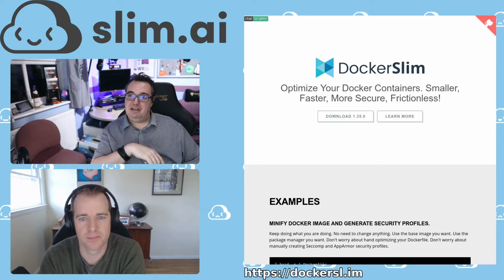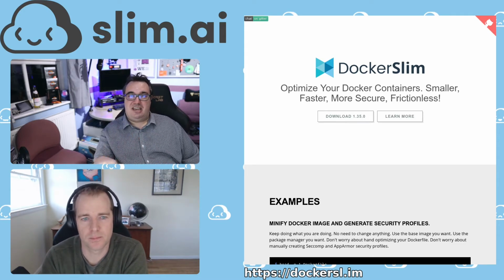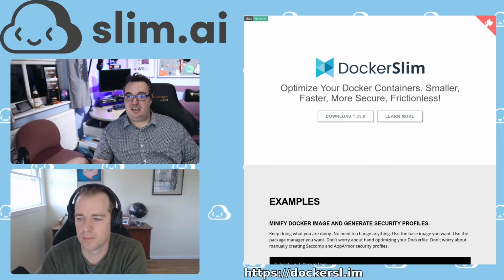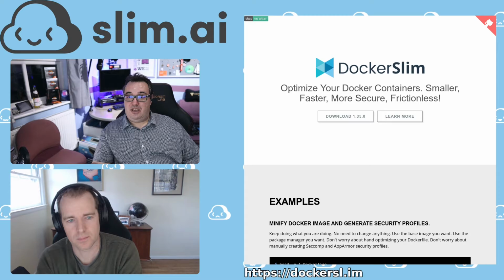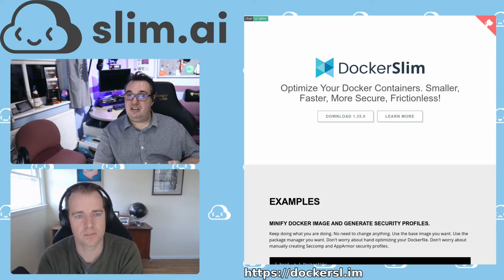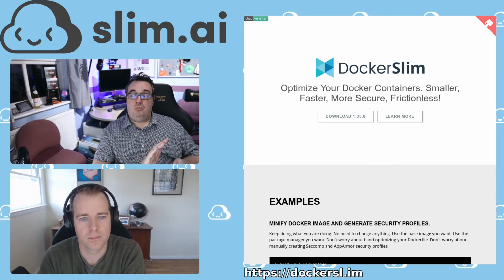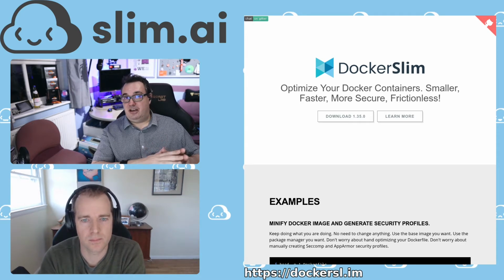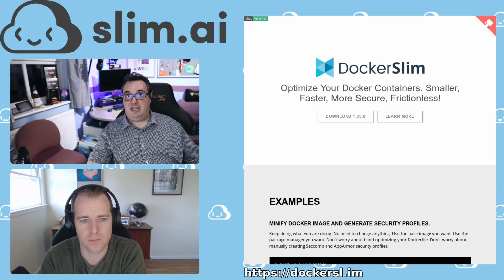So what we'd like you to do is create a container and slim it using DockerSlim, join our Discord and share your feedback. What worked for you? What issues did you run into? Have you got any questions as a result of doing this? And we'll then use that feedback to answer your questions and build some examples and tutorials on these live streams to dig into what people are most interested in.